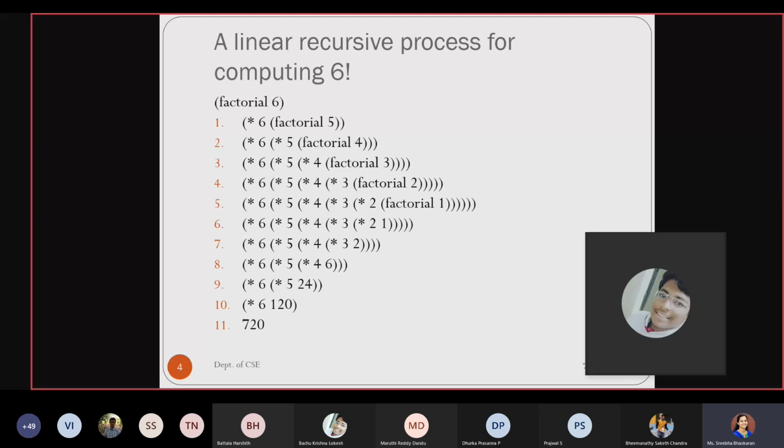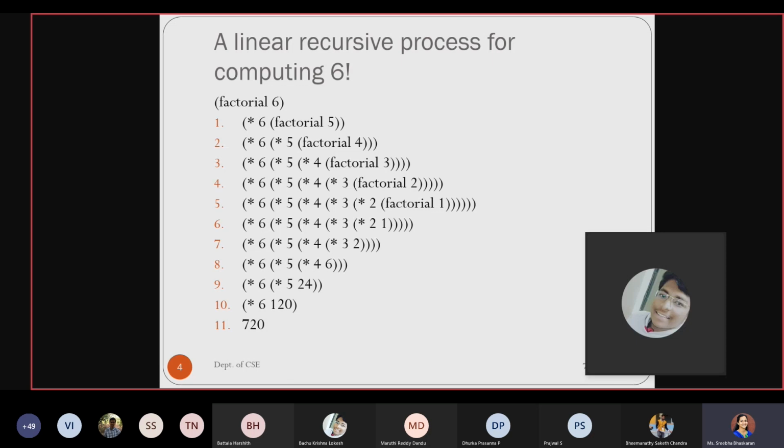So if you see, by the time you reach the procedure call factorial of 1, you had to maintain multiplication of 6, multiplication of 5, till multiplication of 2. That means almost n minus 1 contents you had to maintain, right? So this is what we call it to be as,